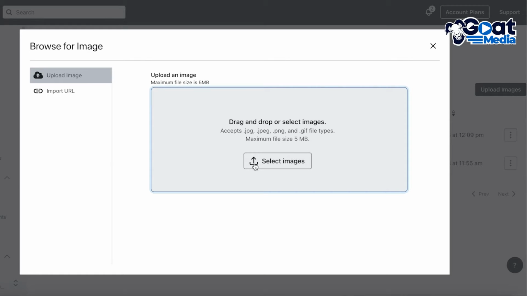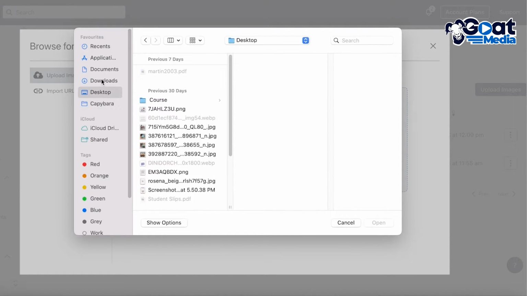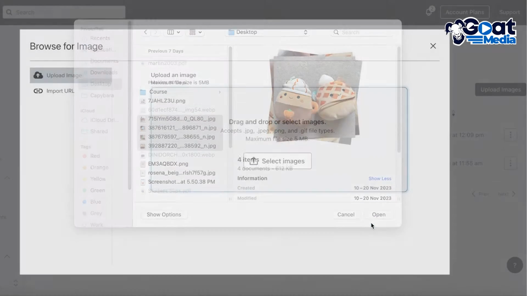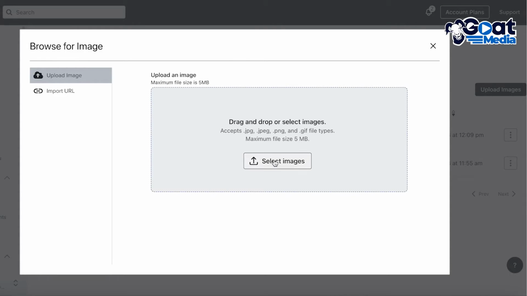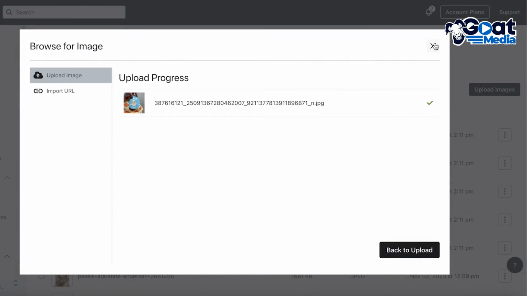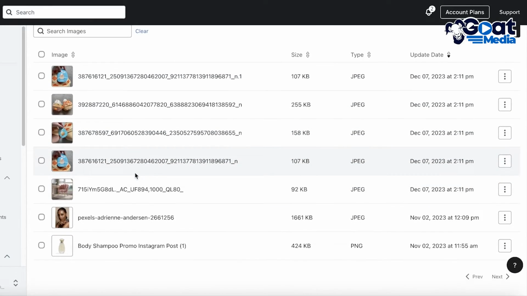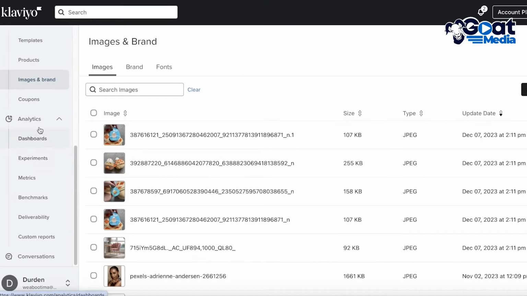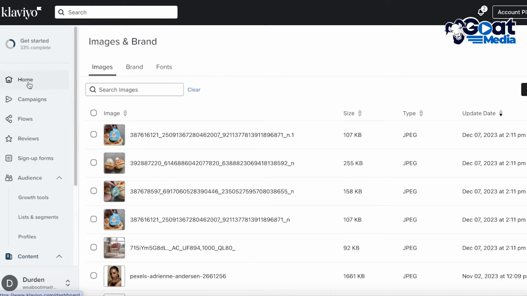So I can go into upload images and click on select images. Then what I'm gonna do is I'm just gonna take, let's say I want all of these images in my Klaviyo account, so I can do a bulk upload over here. And once I've completed this, all of my images have been added. Now, once we've done that, we can go into our analytics to further monitor, but let's get started with building